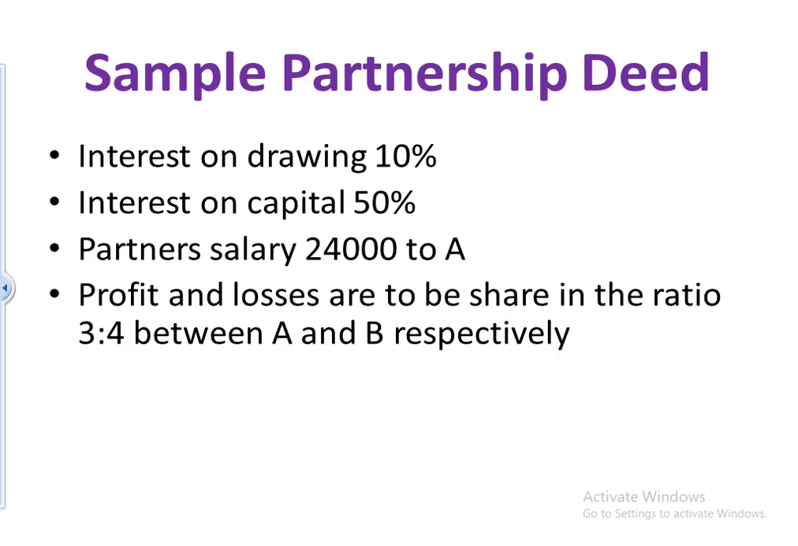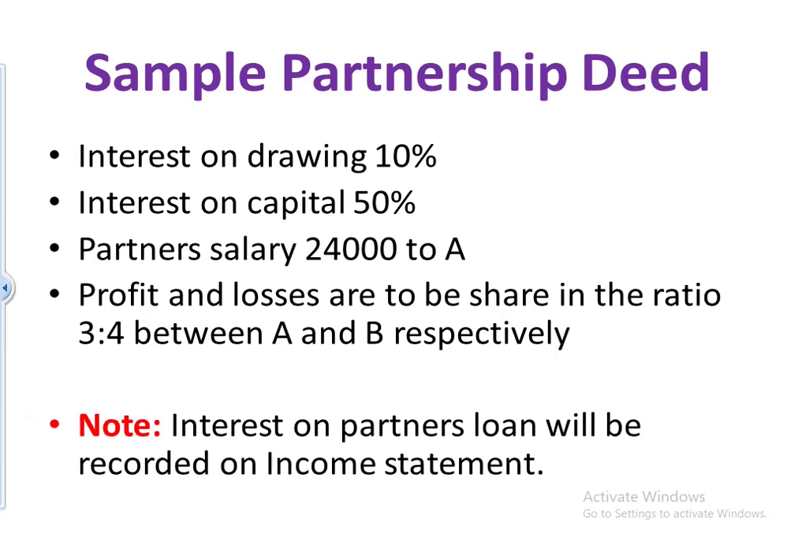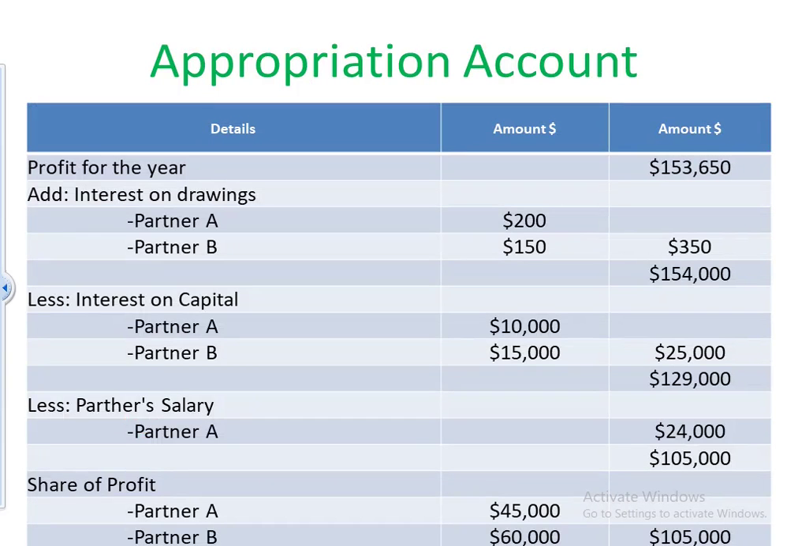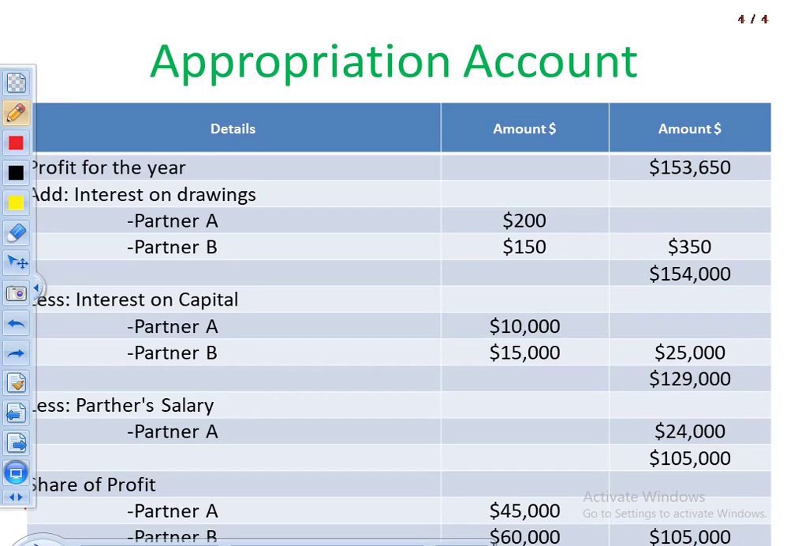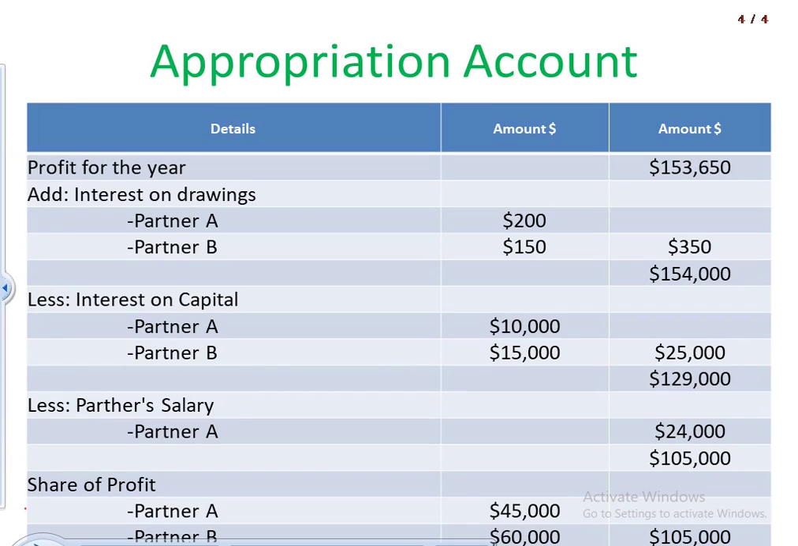Okay, so I have made up this sample partnership deed or partnership agreement, and they said something about interest on partner's loan. Here I made a note that if there is an interest on partner's loan, it needs to be recorded in the income statement, not in the partnership profit and loss appropriation account. So let's see, I have made a sample appropriation account. Let's say, for example, we have a profit for the year after subtracting interest on partner's loan, if there is any. So let's say this is the available profit that we have,